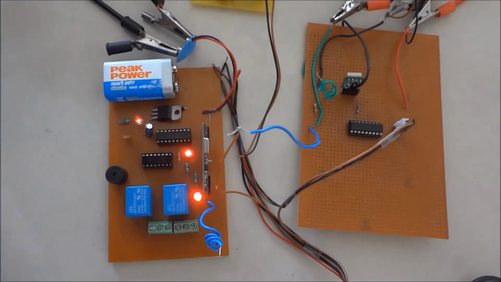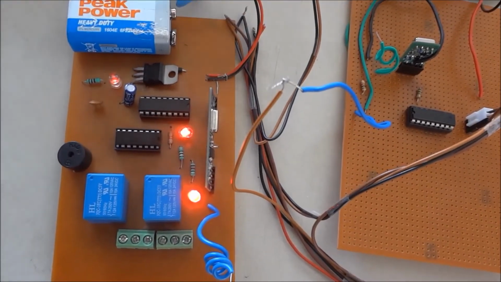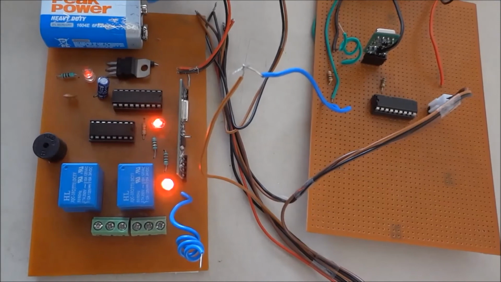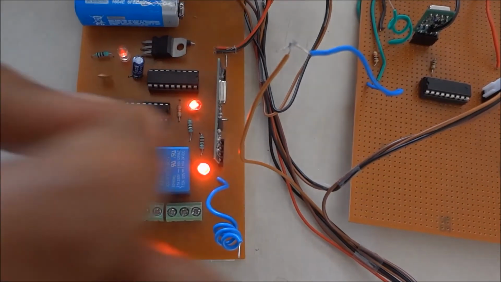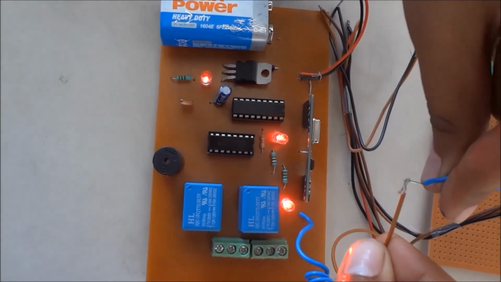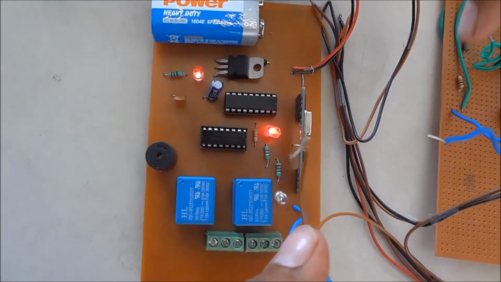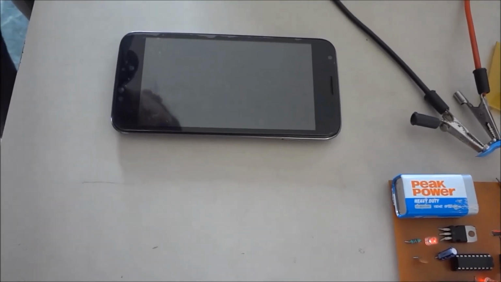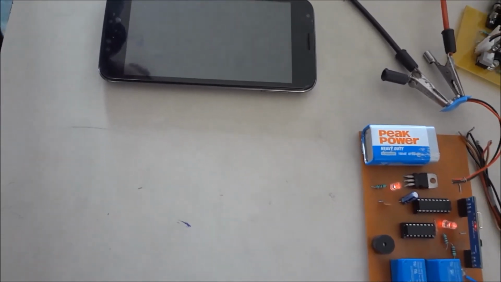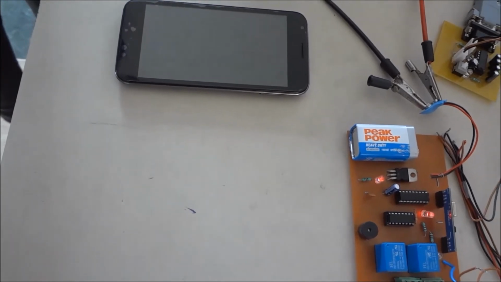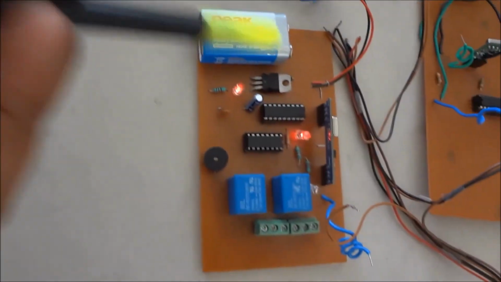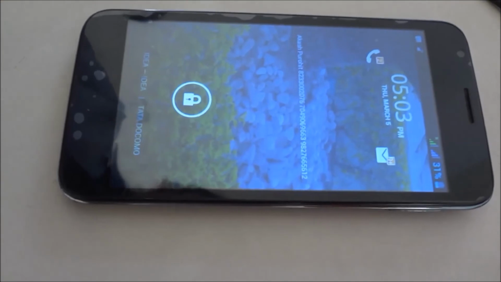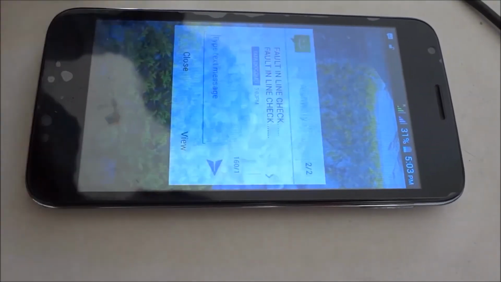Let's do it practically. These connected wires are showing the transmission line supply. As soon as I remove this connection, the LED turns off and the relay trips. The buzzer sounds indicating a fault in the line until the message is received by the control room. It can be seen that the LED is off, the relay has been tripped and the control room has received a message about the fault so that appropriate action can be taken.